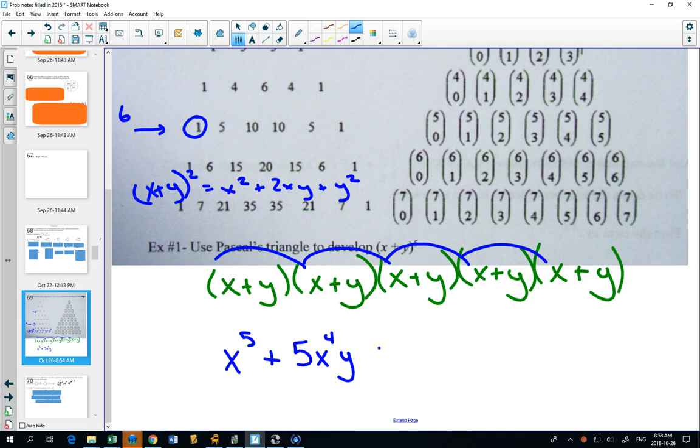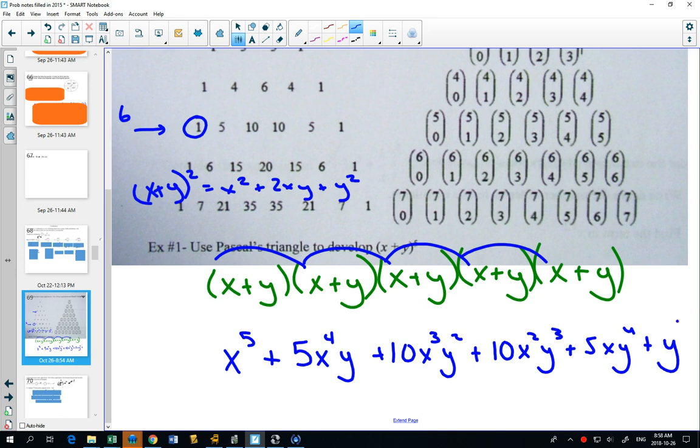And then we're going to get 10x cubed y squared, then 10x squared y cubed, then 5xy to the 4, and finally 1y to the 5. So we can expand this completely using Pascal's triangle for the coefficients and noticing a pattern that in every single